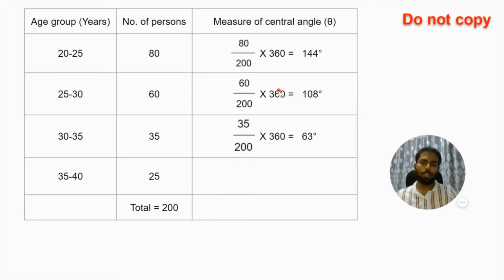Okay, so how do you calculate this? Again you will first cancel 110. यहाँ से एक 0 cancel कर दो, यहाँ पे एक 0 cancel कर दो. So 35 divided by 20 multiplied by 36. Now there are so many ways to do this. So what I would do is I would cancel using 5. So 5 7s are 35 and 5 4s are 20. Again 4 1s are 4 and 4 9s are 36. So you get 7 multiplied by 9, right? Yes, यहाँ पे तुम्हें 7 मिला, यहाँ पे 9 मिला,